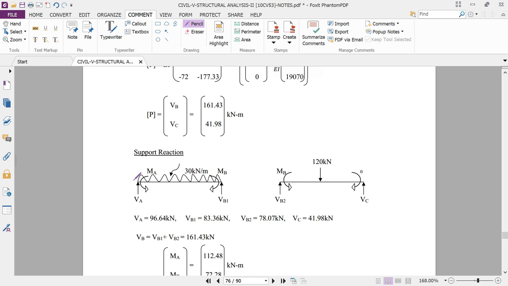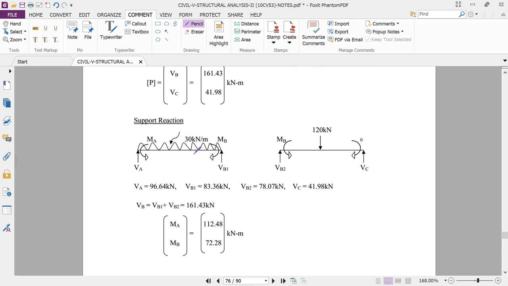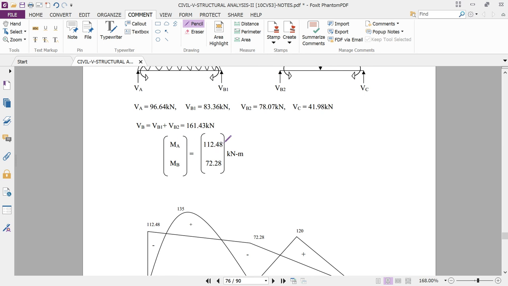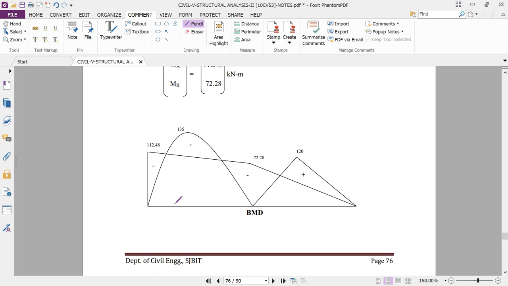These are the support reactions. Split the span into multiple parts, and then carefully represent the values of VA, moments and everything along with the external loading, and finally calculate the vertical reactions VA, VB and VC. Then we get the moment like this. Finally, the net bending moment diagram comprises a sagging bending moment diagram as well as a net hogging bending moment obtained at the support like this.